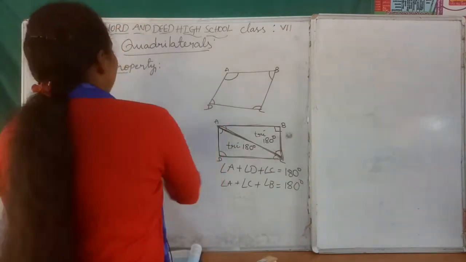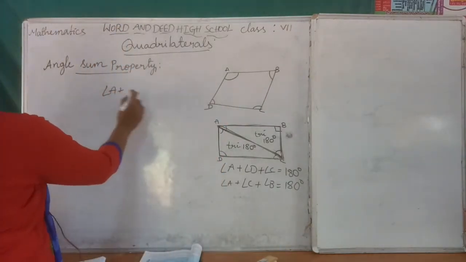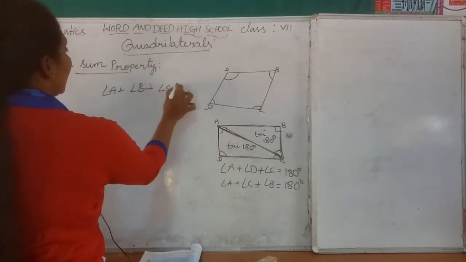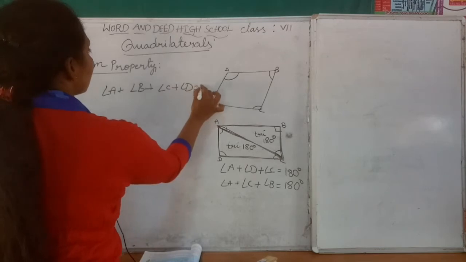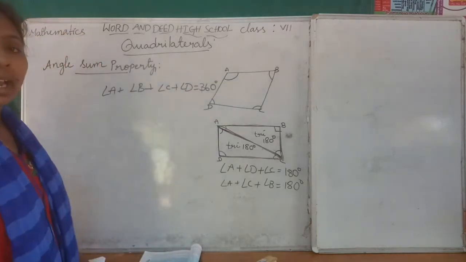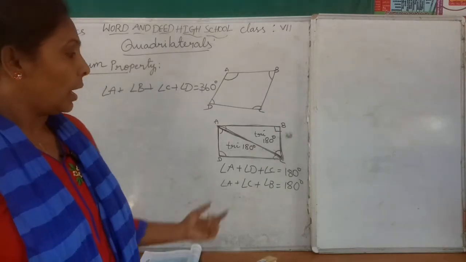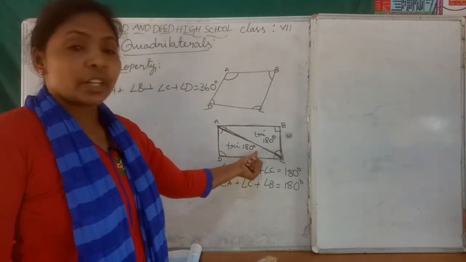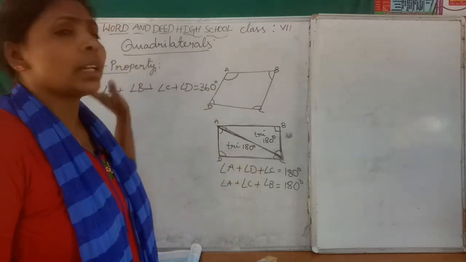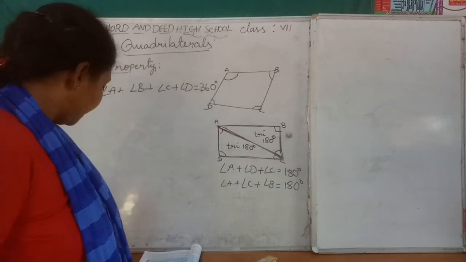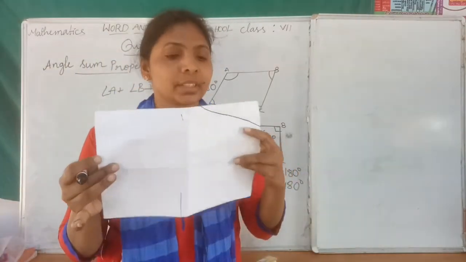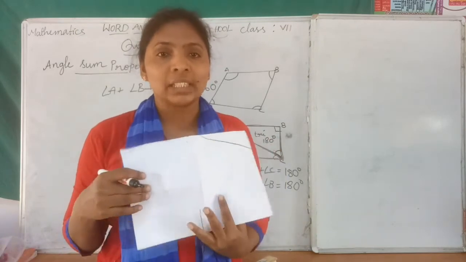Okay, so here angle A plus angle B plus angle C plus angle D is equal to 360 degrees. So in this picture you can understand, children, how can we get 360 degrees. Okay, so any quadrilateral you can take. Suppose, for example, rectangle only we are taking again. See, children, here 4 angles we have now.